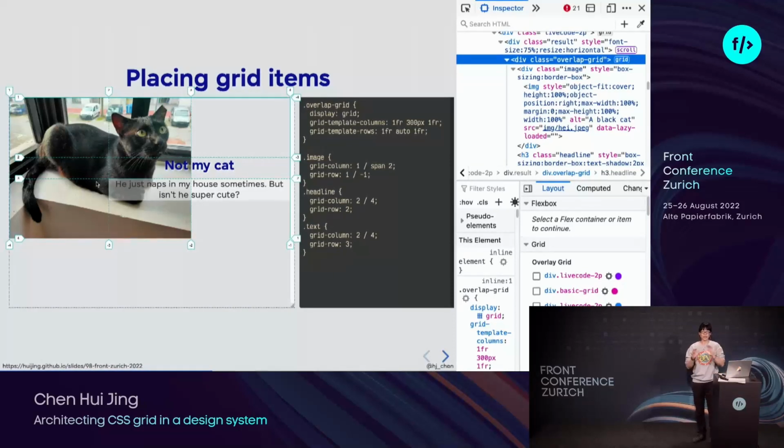So I don't know about your life experience, but I somehow keep working with designers who are like, hey, let's overlap these things. It looks really classy when you overlap it. I'm like, sure, no problem. And I feel that grid makes overlapping elements in the design a lot more controllable than all the other methods that I've tried before. And trust me, I've tried a lot of them. I've used absolute positioning, I've used transforms, I've used negative margins. And it always looks great at one particular spot, and then it just starts to go south after. And sometimes I even tell my designer, just look at it there.